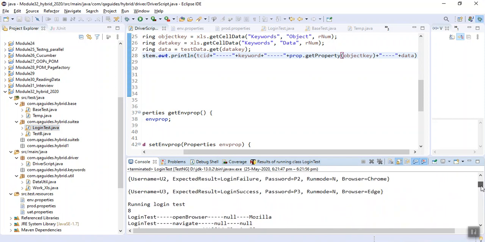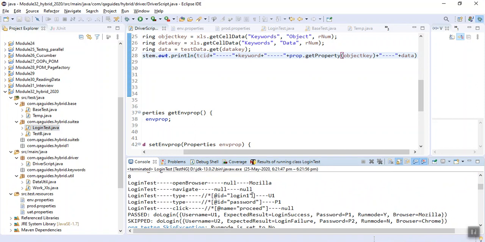See, navigate is null. Currently it is null. Else other XPaths are coming. Doesn't it look very good?